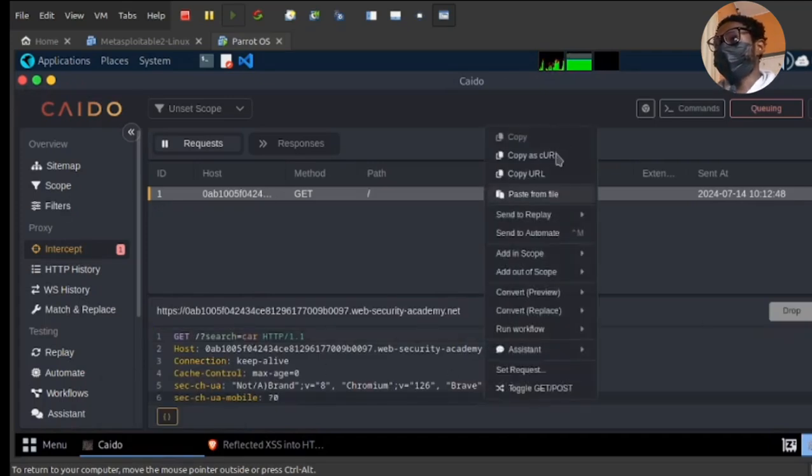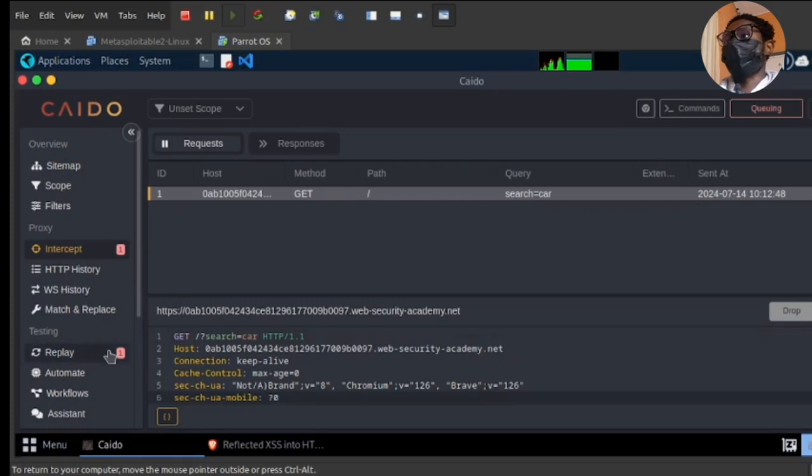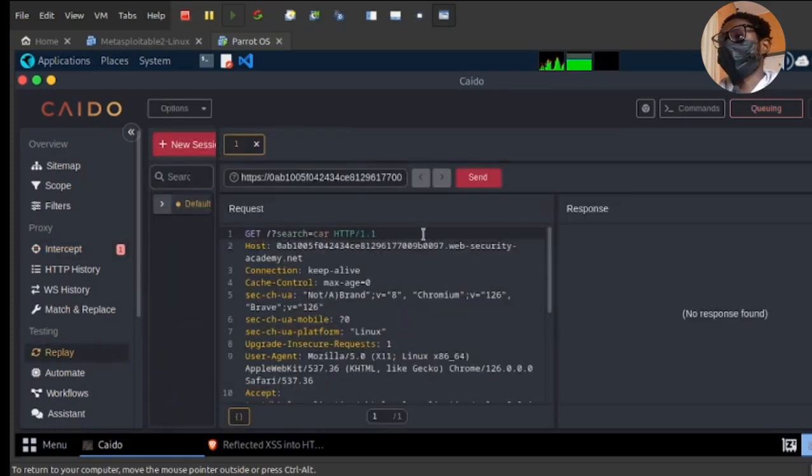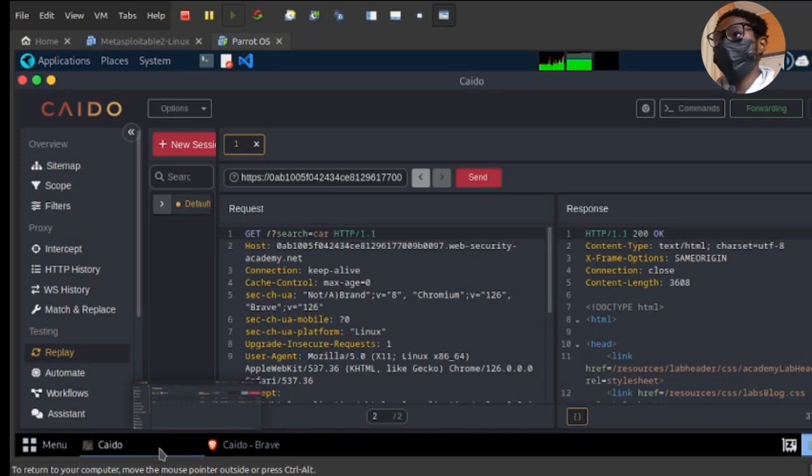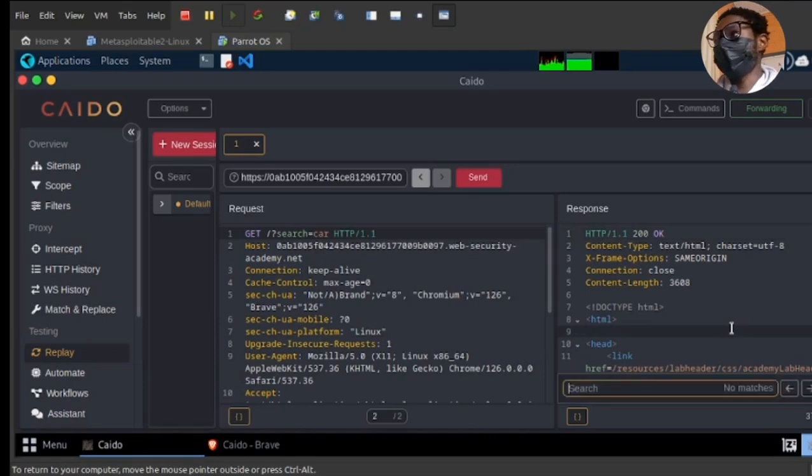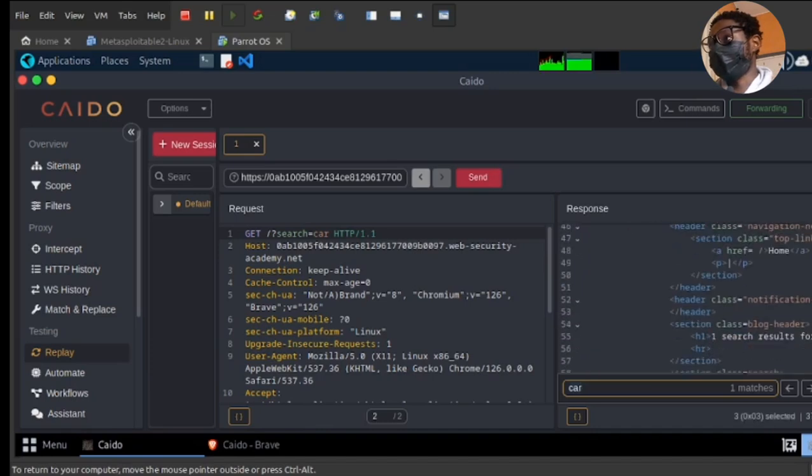I'll send this to Replay. I turn this off so that I don't keep seeing other queries or search results here. From here, you can use Ctrl F, same thing, just find the result car. Same thing we found there. You can still see we are under the H1 tag, and it has just one match, right here. So next,